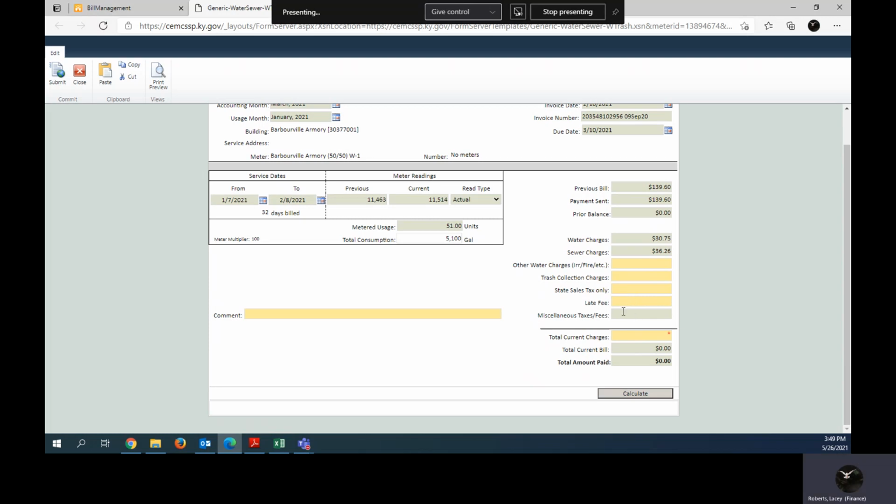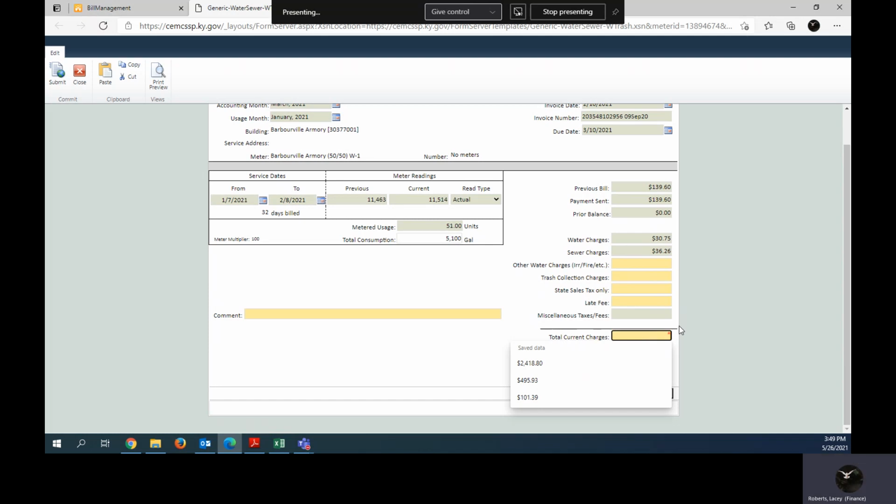Miscellaneous taxes and fees is where pretty much all the other water type charges go. So if you have a school tax or other kinds of small taxes or weird fees, weird as in unusual fees maybe for that month, all kinds of municipalities have different types of little fees. That is a calculated field. They won't let you actually type anything in there. What it does is it takes the total, subtracts all these other fields, and then fills in your miscellaneous as the resulting difference. So the total current charges, I'm going to look on my bill,